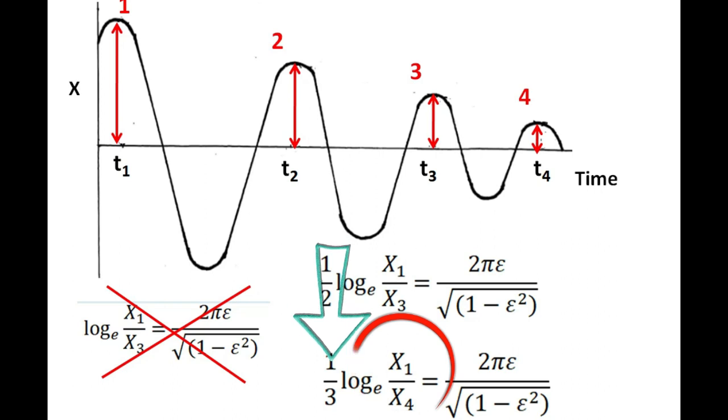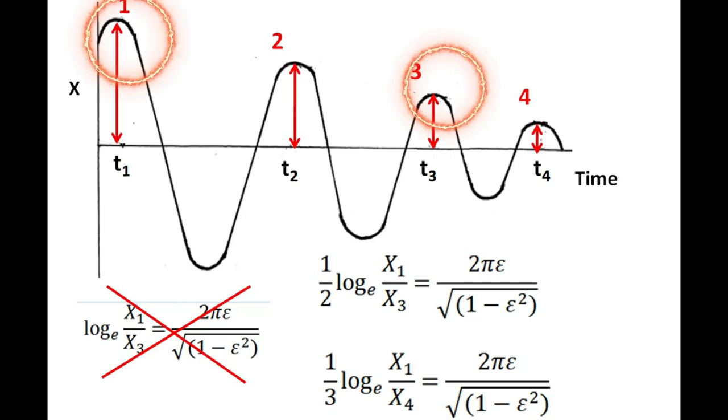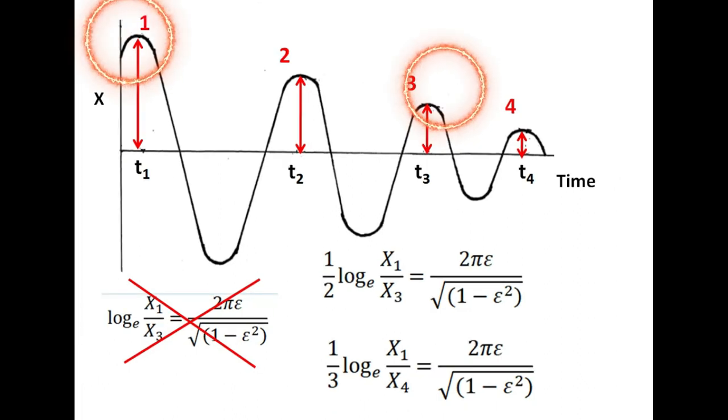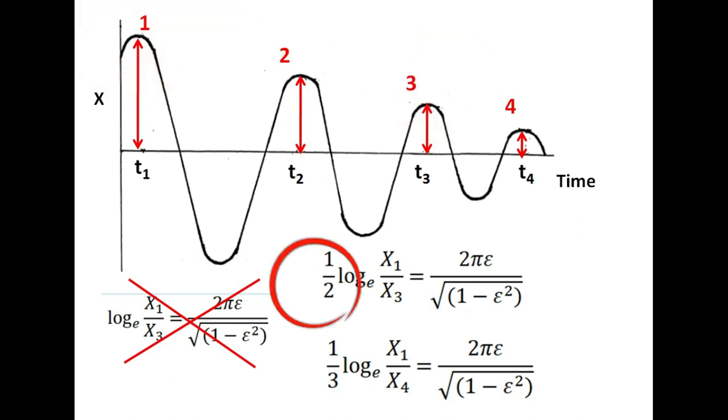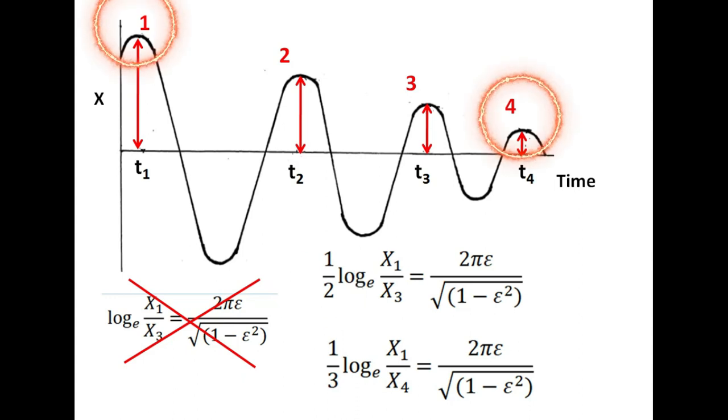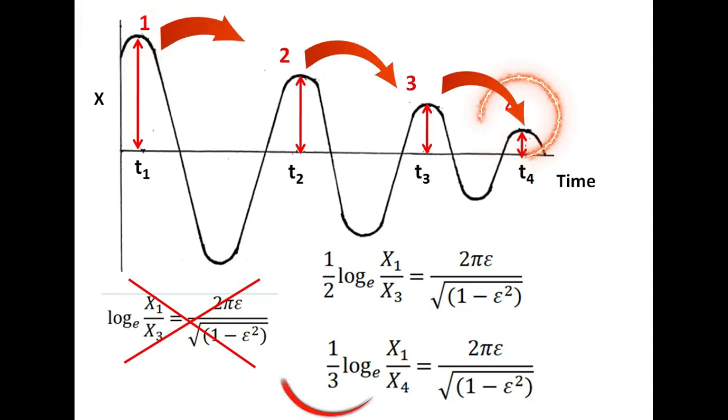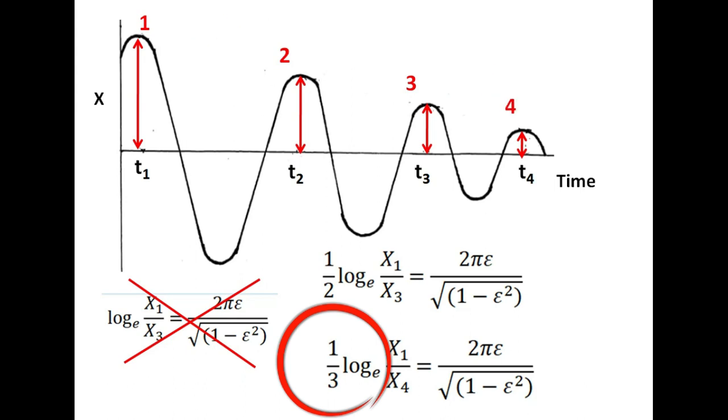So you can understand here that whichever peaks you are considering, how many cycles are there in between has to be considered for this multiplying factor. For example, if I am taking the first and the third peak, that means 2 cycles are completed between peak 1 and 3. Therefore, I am writing here 1 by 2, where 2 means how many cycles I have completed. Similarly, in the second case, I have considered the first and the fourth peak, and between these 2 points there are 3 cycles completed. So I am writing here 1 by 3, and this is really important